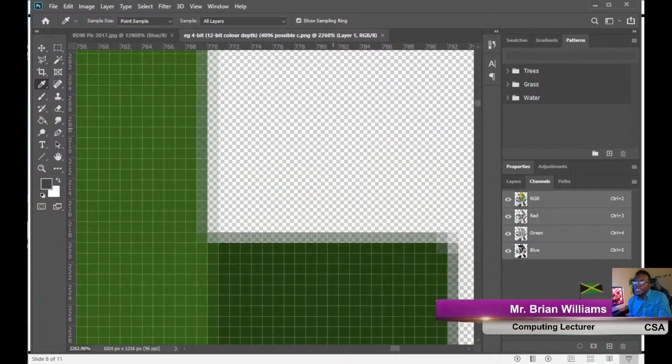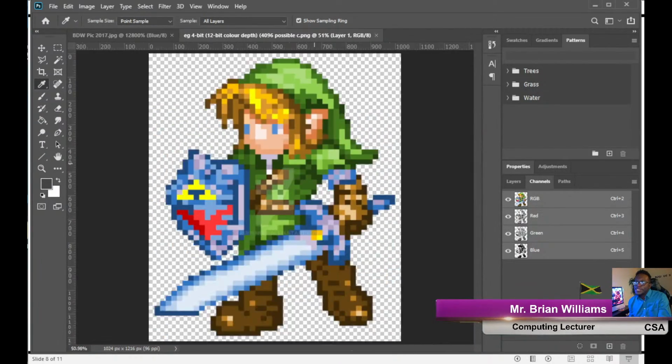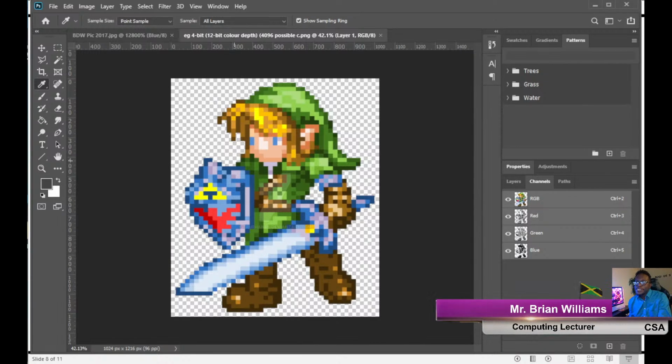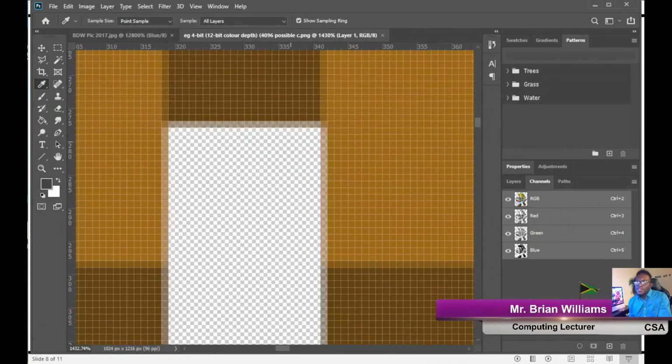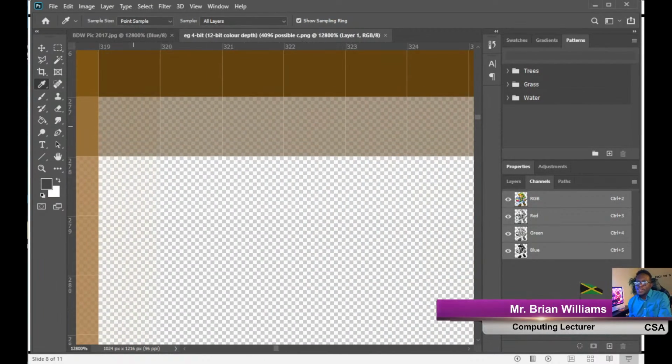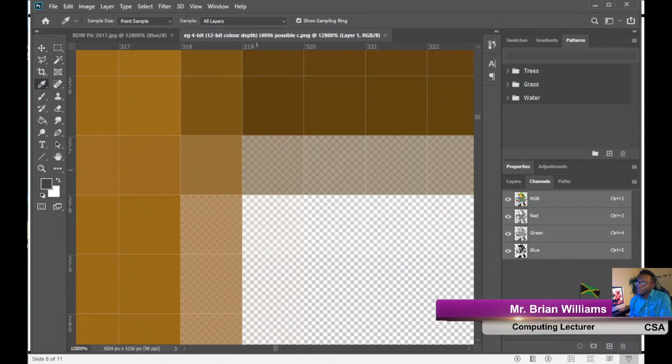Right. So if I take this very pixelated image here, you can see that it has transparency in these areas. So what would happen is that the pixel, well, let me kind of zoom in. Okay, look at this pixel right here. Now if I use my color picker and pick on this pixel,